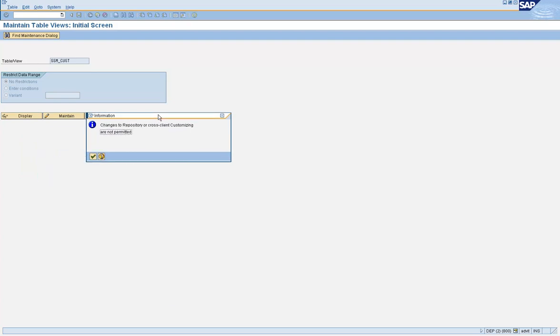Many times users feel this is an authorization issue. Okay, this is an authorization error. But when they look at a message like this, this is not an authorization issue. It says changes to repository and cross-client customizing are not permitted. What you're trying to do here is customizing work, which is not permitted in this particular client. So whether you can maintain something in a client or not is controlled by the client settings,